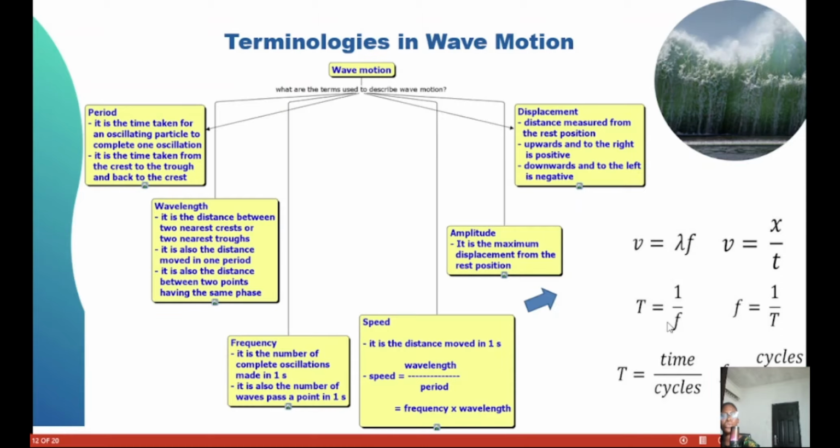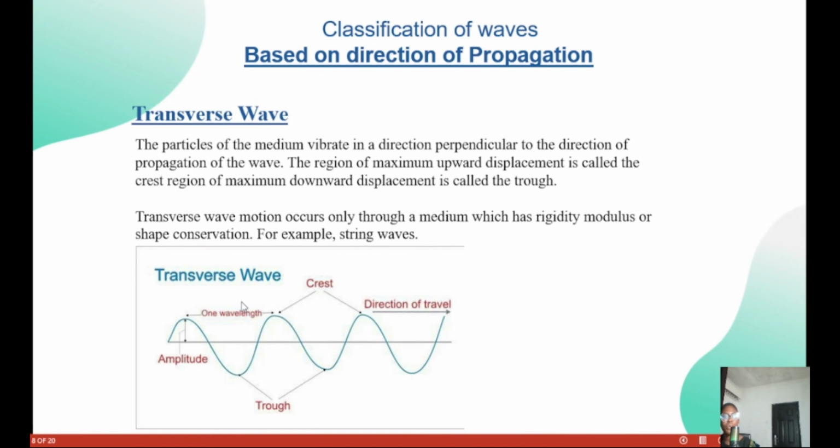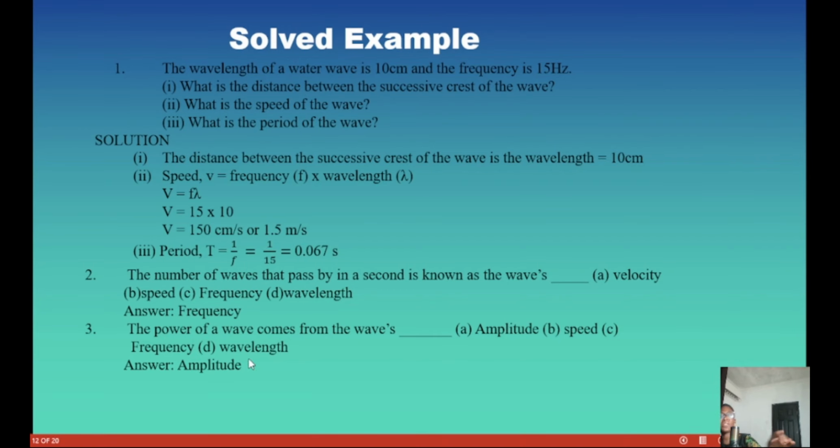Let me quickly show you the amplitude if you've forgotten. This point here is the amplitude. So that's the highest displacement. If two children are holding a string, say a 10-year-old and a 3-year-old, the amplitude of the way they swing that string is going to be different. So this highest displacement is called the amplitude, and that was the question we tried to answer. They said the power of a wave comes from the wave's what?